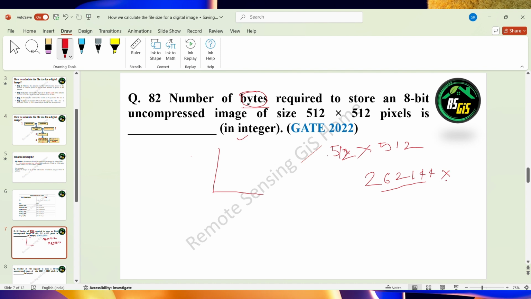So the bit depth is basically given as 8. Okay, so bit depth is 8. If they are asking about 6 bit, if they mention 6 bit, you can multiply it by 6. If they mention 4 bit, you can multiply it by 4. But here in the question they give 8 bit, so we multiply it by 8. Okay, so if you multiply it by 8, we can get the value,